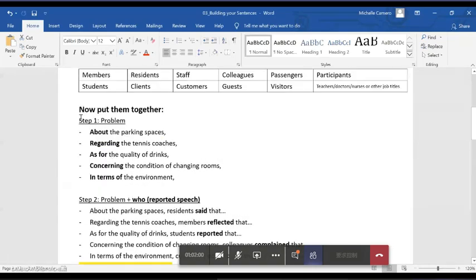Anyway, so one way to write your sentence is following these patterns here. So step 1, you want to talk about the problem. Now, why do you want to talk about the problem first? If you remember from all the practice papers that I've shown you,